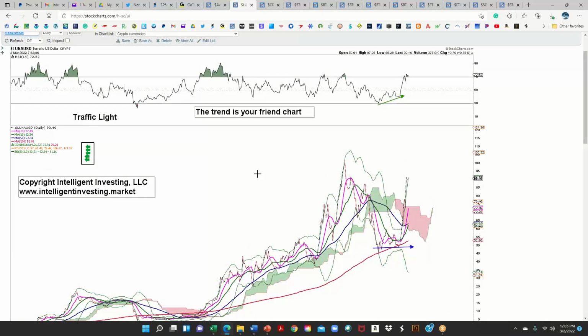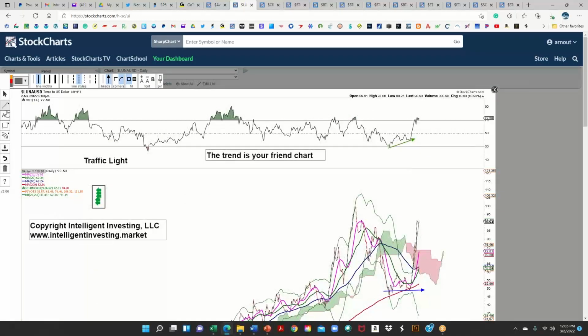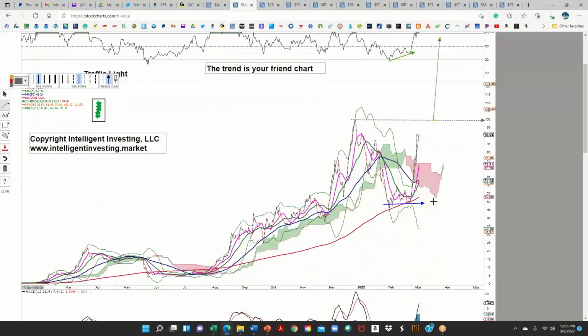And I continue to anticipate higher prices in Luna. Again, if we can break above the recent highs here, I'll put it in the chart, this level here at around $1.00, right? If we can get above it, this could target 1.50 based on simple symmetry, because we bottomed here, let's say, at around 50, and then a symmetry breakout can target that high. It really can. I haven't done the Elliott wave count on it in the shorter time frame, just following the trend, but you can see here how the trend